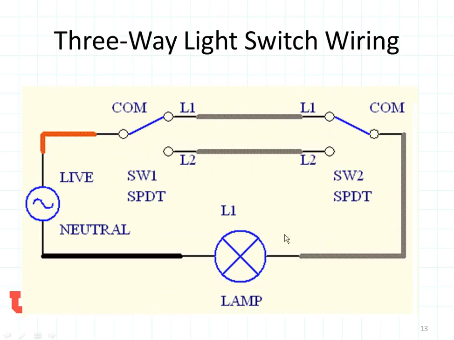We often choose to use the light bulb in the neutral line instead of the power line because in the event that someone was taking the light bulb out, and let's say that they accidentally got their finger or maybe a tool across here, and somehow they managed to short themselves to a live line, to the ground, if we were connected to the neutral, nothing should happen, but if they were connected to a live line, it should. So most often, the lamp is put on the neutral line for safety.